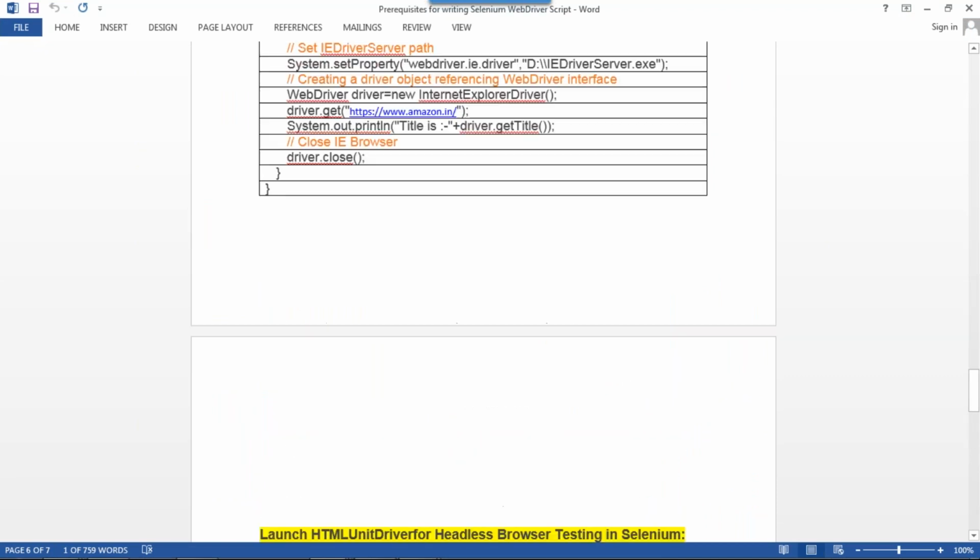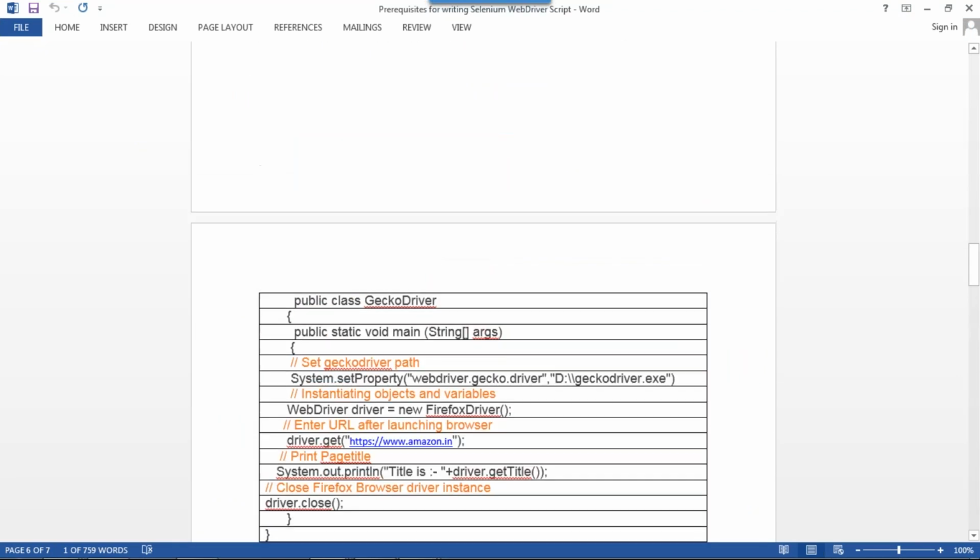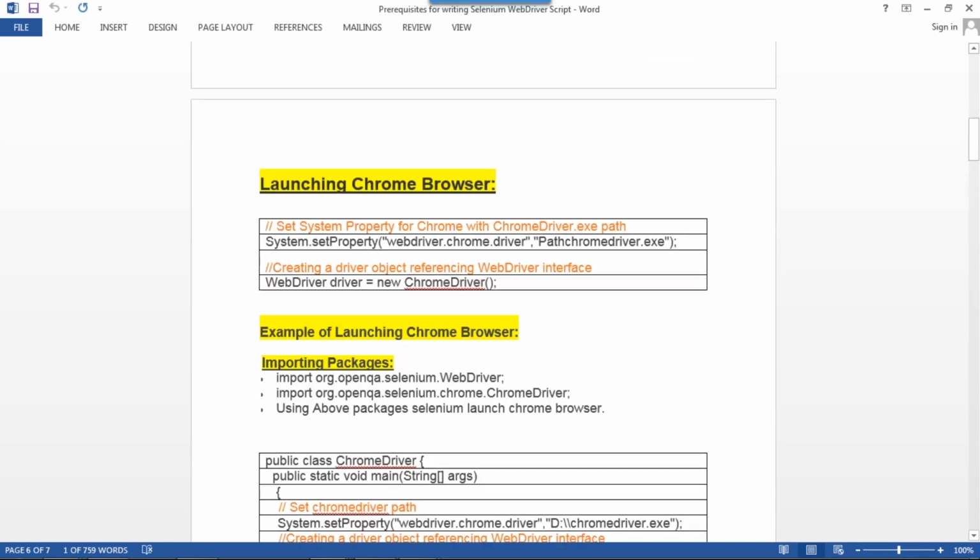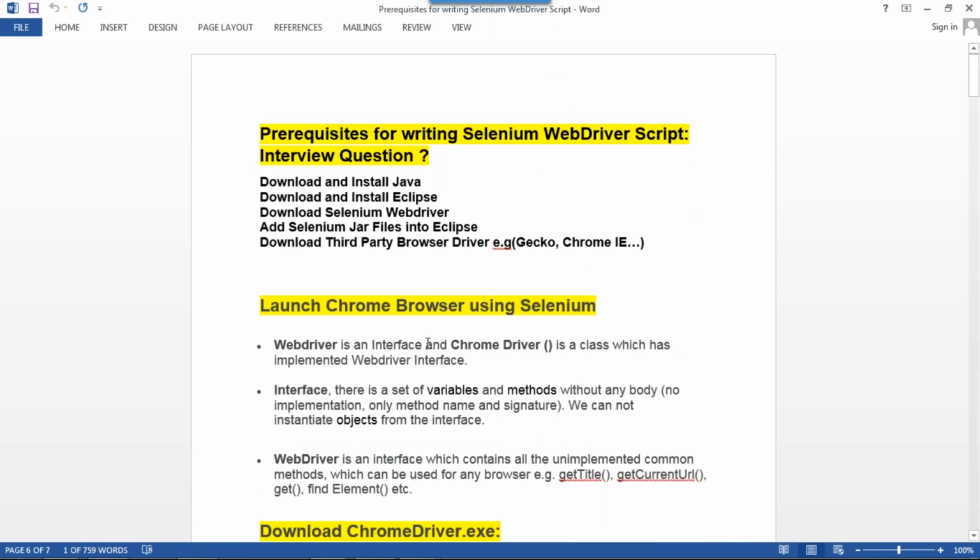Interview questions: do we get the test scenarios before we write the code? Yes, you can write your own, just like how you are doing now, launching the Amazon site. You can write your own template: open the browser, what the test data is, and all those things. Documentation is not required, but if the organization provides a template, you need to follow the same template. Always copy the code you have written into the Word document.